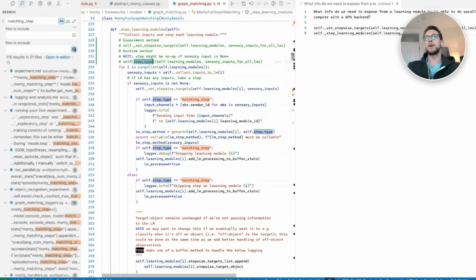I just don't see a way that we can run these steps for all learning modules in parallel and have this Monty for graph matching only reference those learning modules and not have some other collection parallelization object that tracks that,